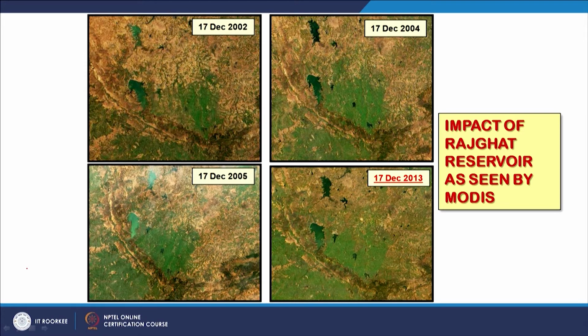Another important point I want to bring up: if you see this channel here, this is the Betwa river. There is already one reservoir here called Mata Tila, and this is the reservoir called Rajghat. So what we need to do now is, wherever possible, construct reservoirs in a cascading fashion. That means where the tail of one reservoir ends, another reservoir can be constructed just 1 or 2 kilometers after, like here, and it will have its own tail like this, and then you have another reservoir and likewise.